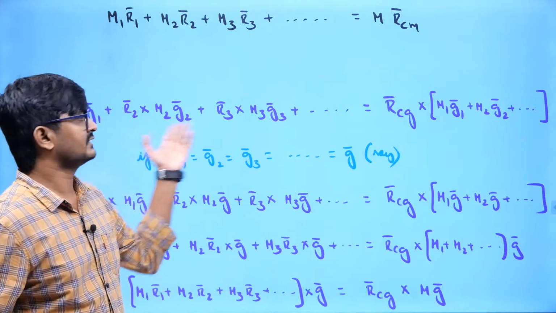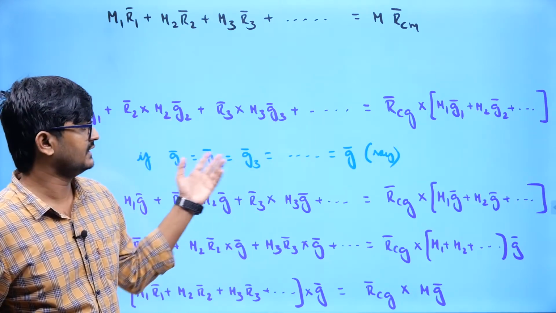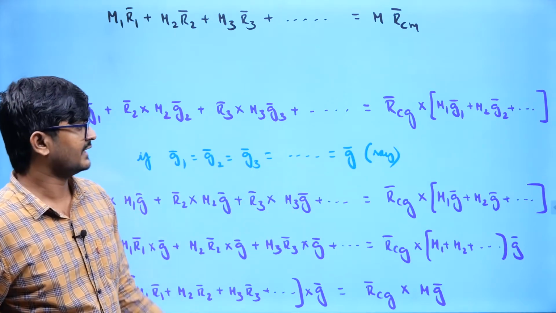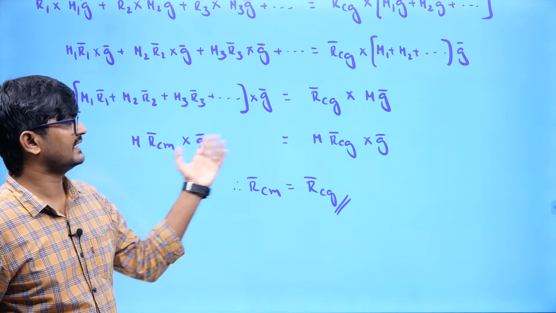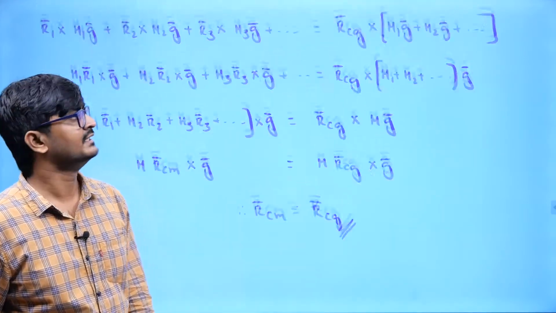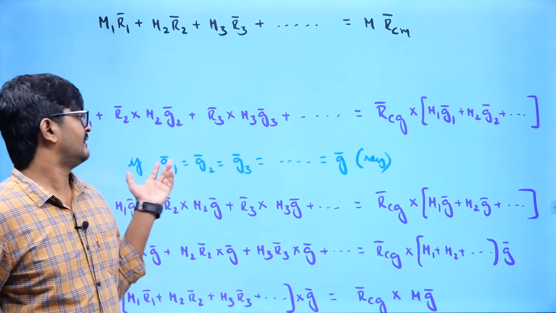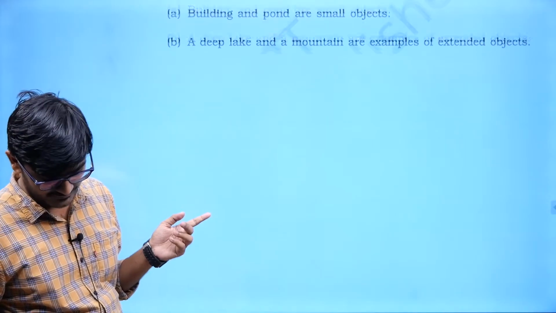Now obviously you can see it is going to be complicated. Now let me see what will happen if g1 equals g2 equals g3, which is G. So when I do that modification, you can see finally the equations turn out to be the same, that is, center of mass is going to be the same as center of gravity. The meaning is, when will this happen? If you see here, that will happen for